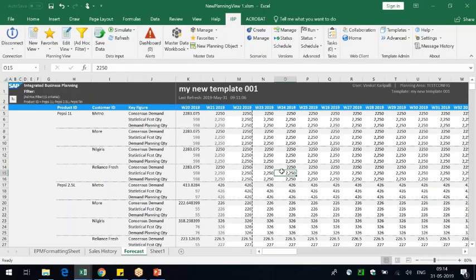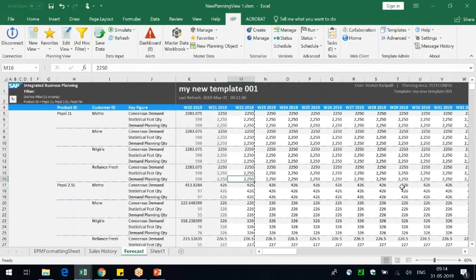There's another formatting technique. I think when we actually get into the configuration side, we'll talk about it. There is something called the frozen horizon concept. In the frozen horizon, the planners don't want to see any supply plan. So based on the frozen horizon periods, you can do some kind of formatting. Even in that case, it's a straightforward thing.